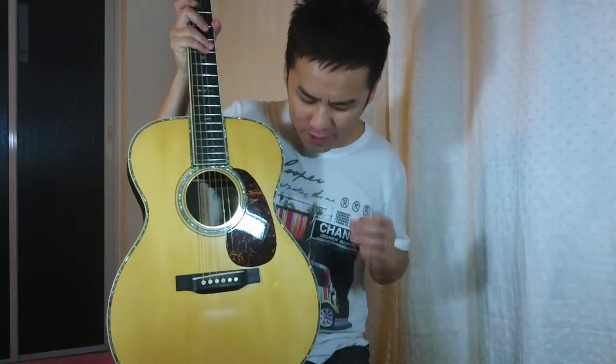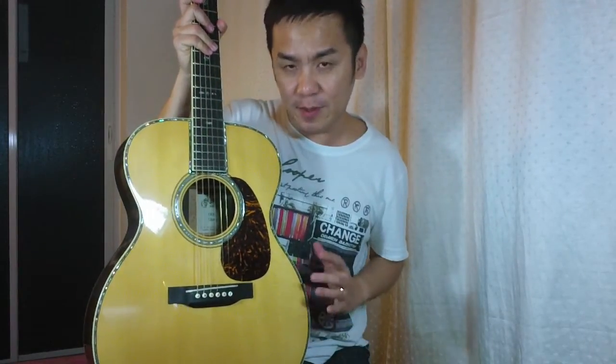Firstly, you have an Adirondack spruce top on this guitar, and they're using a 1/4 thickness brace pattern. But it's not just about the Adirondack, because this Adirondack gives you a very highly reflective, responsive top. That gives you a bell-like responsiveness in the trebles, with that woodiness and a lot of headroom. Later when I play, I'm going to whack this guitar a little bit and drive it a little bit. You can actually listen to